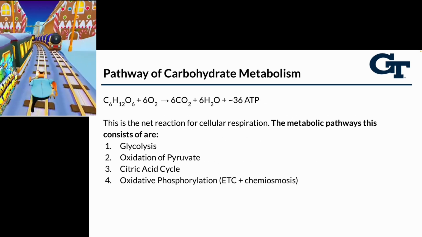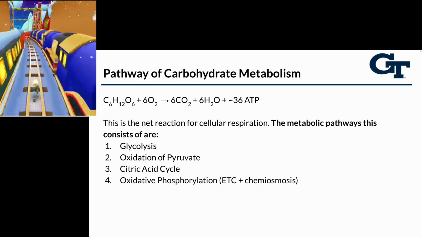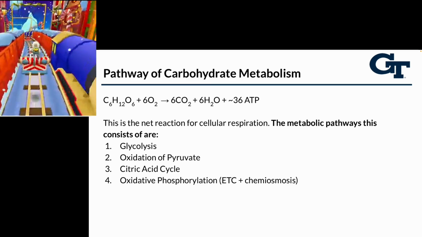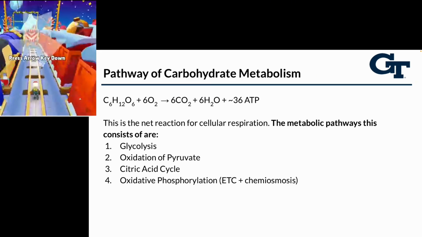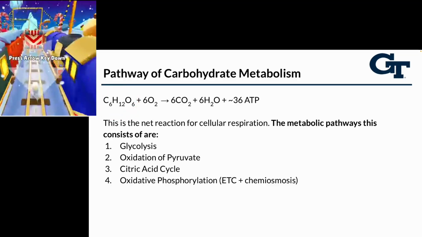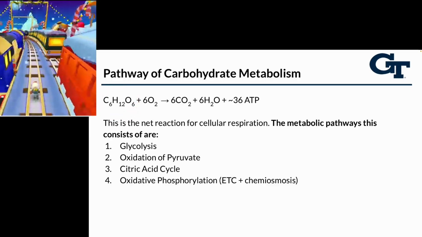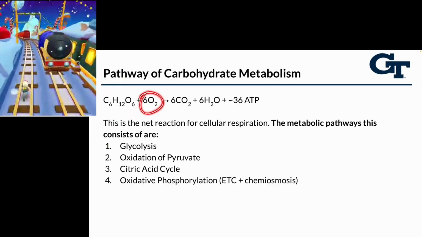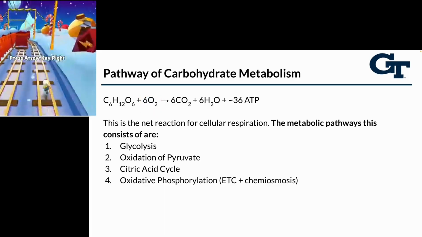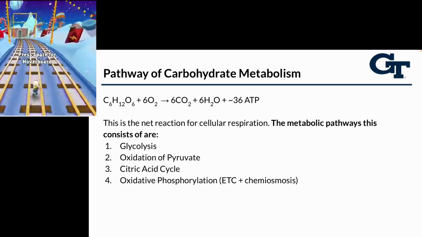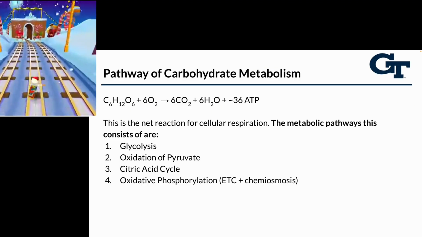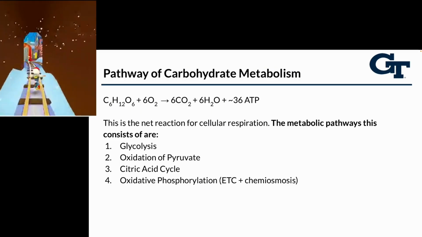So we're going to go ahead and get started with metabolism in animals, so the process of cellular respiration. And we see here that this is the overall reaction where we're taking glucose, a 6-carbon molecule, a sugar specifically, combining it with oxygen and releasing carbon dioxide, water, and a bunch of ATP. So that's the last time you'll ever see this equation because we think about it in terms of these 4